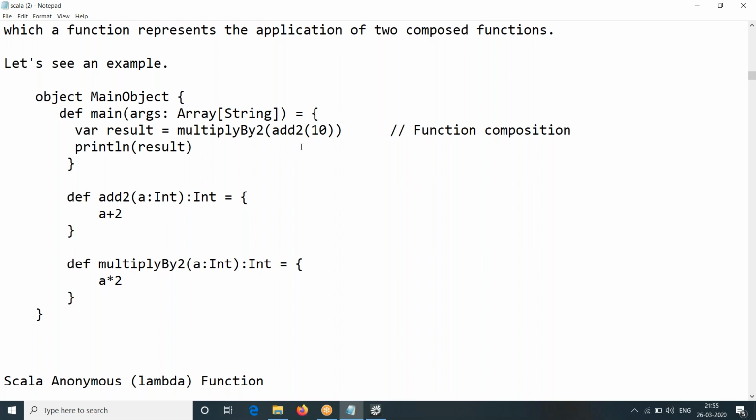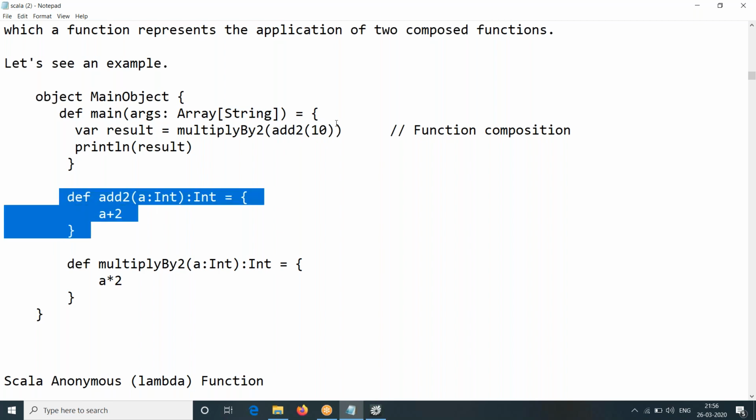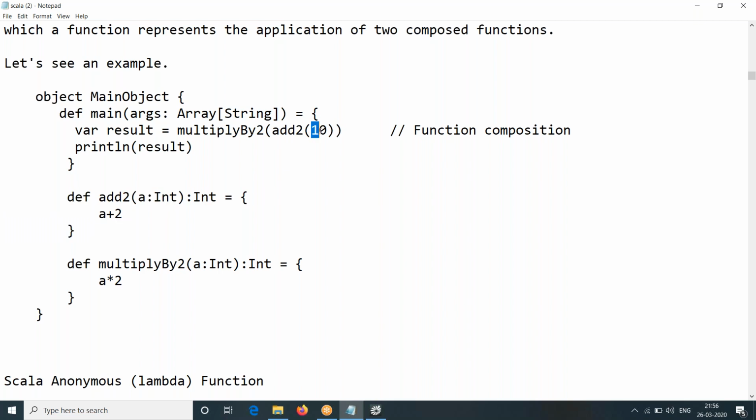Now, what is the execution flow here? How does this work? First, it will call multiply by 2. Before calling multiply by 2, the expression in the parenthesis must be executed. So when this must execute, what happens? First, this is a function call, and this will make a call to add. Control comes here, and whatever parameter is passed to add is passed to this,